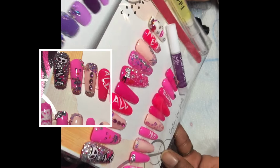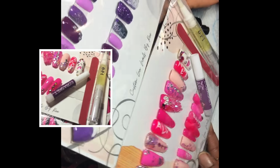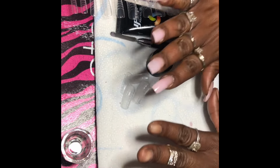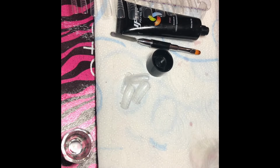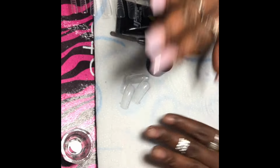So these are some nails that I did a couple hours ago, custom press-on sets. And then I decided to do mine so I could show you how the polygel kit works. I already did these. I'm gonna do a quick